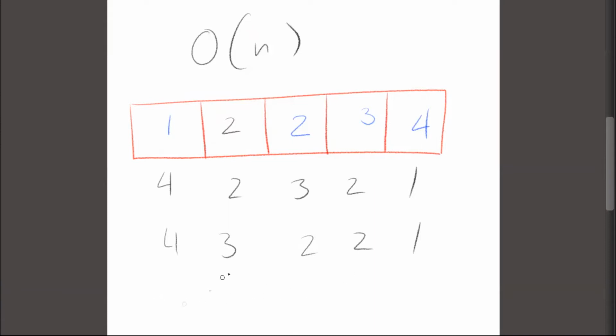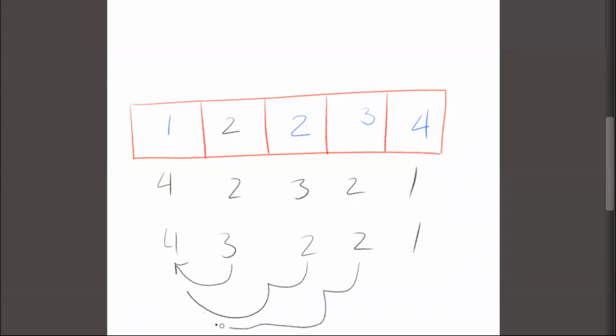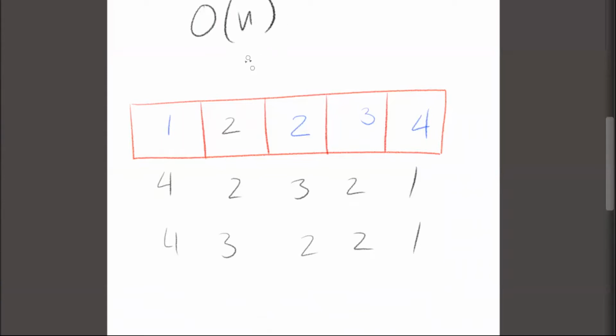However, if they're in opposite order, they're going to have to go back through. One, this one wouldn't move at all. However, this one would have to move 1 space, this one would have to move 2, this one would have to move 3, and this one would have to move 4. So in that sense, instead of the best, which would be O of n, the worst would be O of n squared,